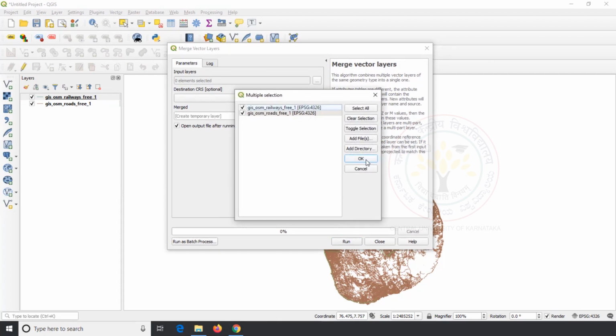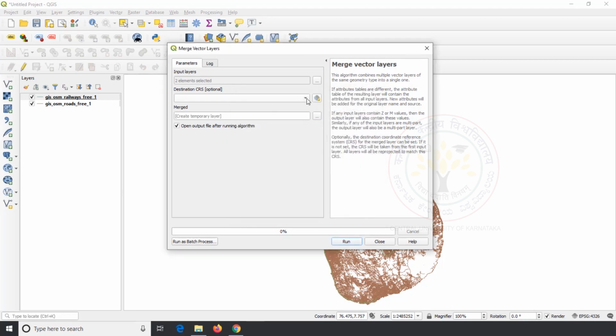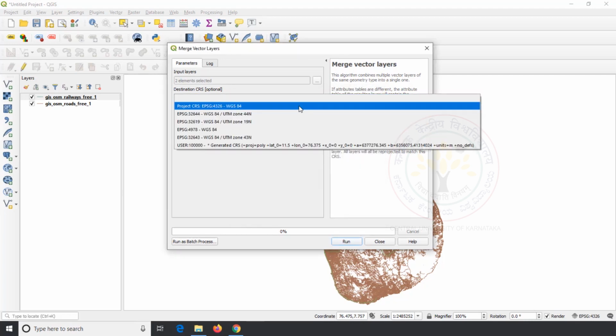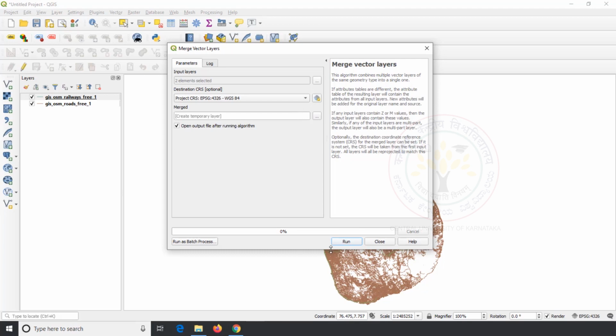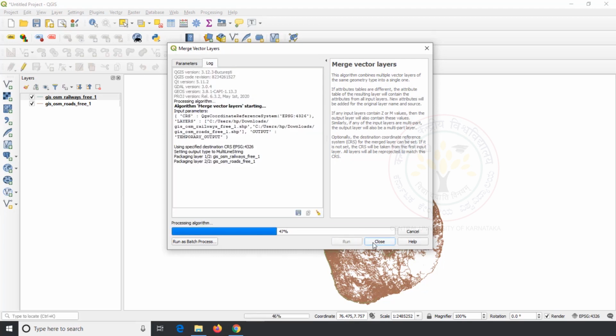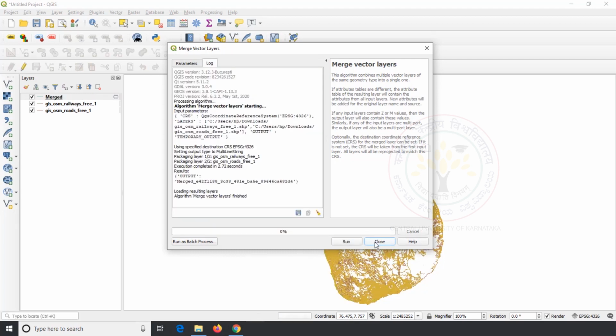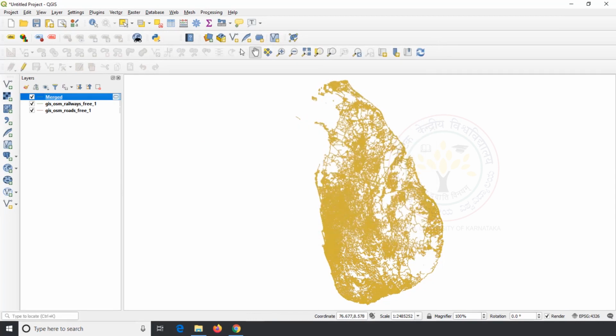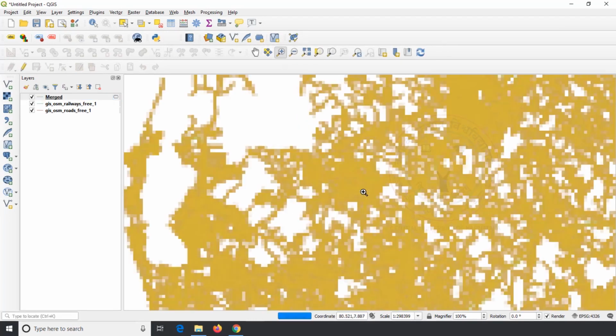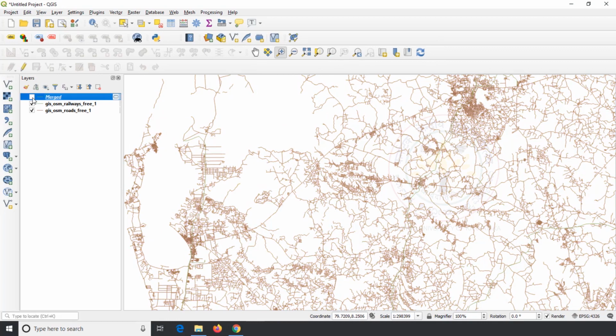There I select the roads and railways data, and for destination CRS I define the same coordinate system as our input data, which is WGS 84, followed by a click on run and close. Look at the result. We can see both layers merged into a single layer.